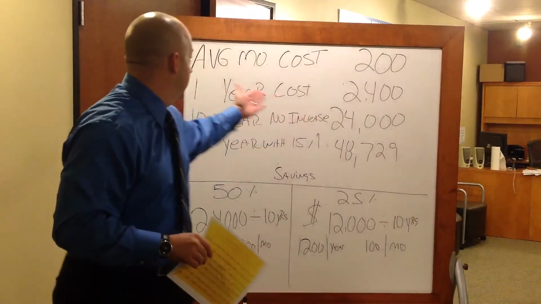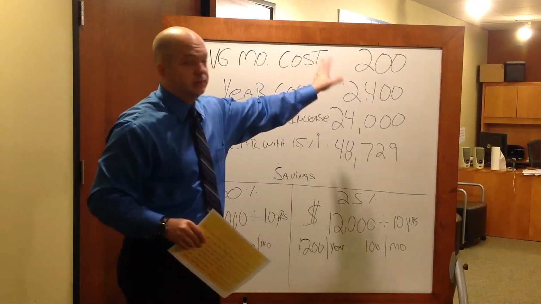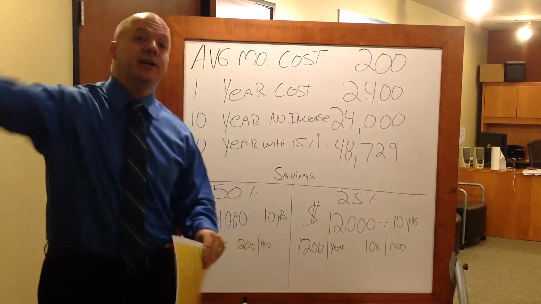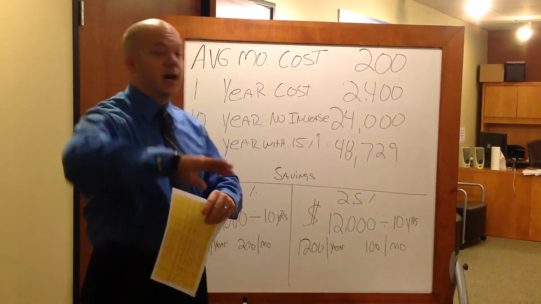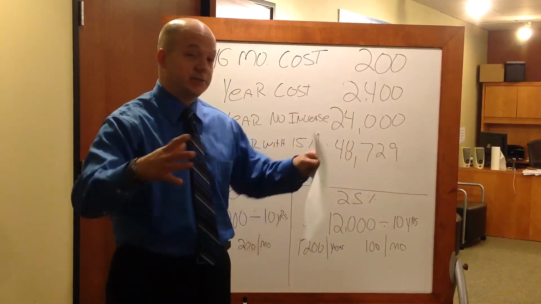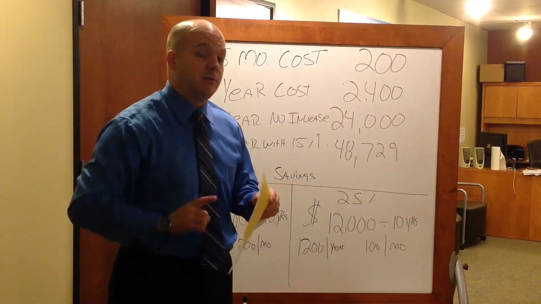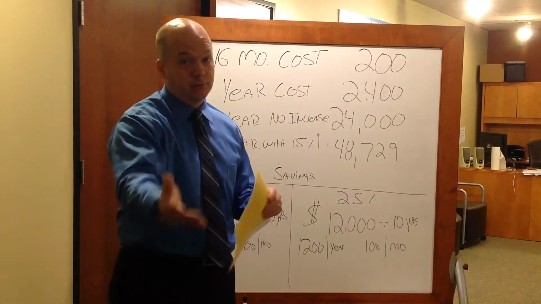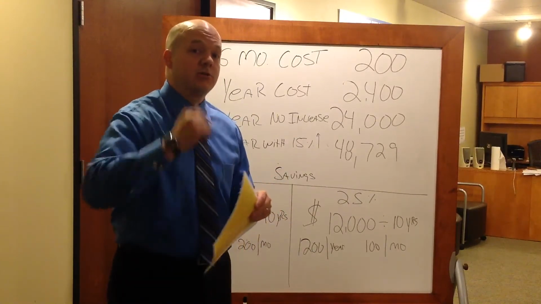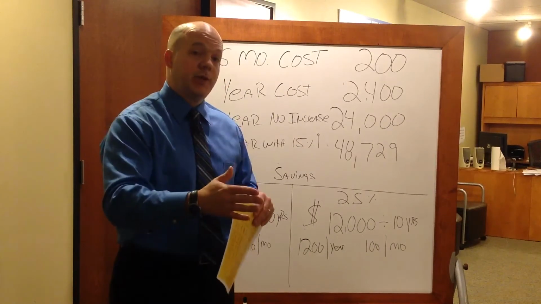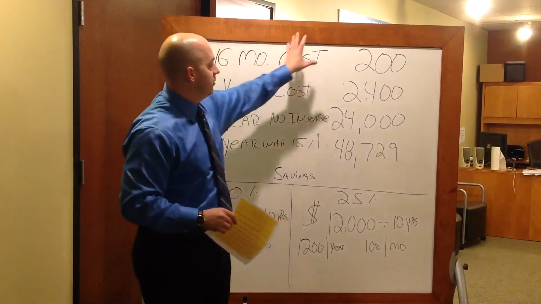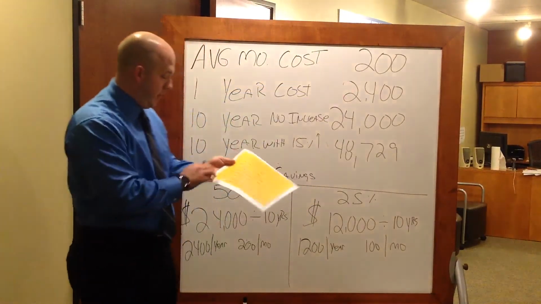If you can get them to say their average monthly energy cost is around $200, an easy way to do this is to ask them what's the highest bill they've ever had in the winter and what's the highest bill they've ever had in the summer. Gas and electric, because your furnace has a big blower on it, right? So it does run by electricity in the winter, and of course it also runs on gas. And then of course your highest cost in the summer because you're running the AC all year. Can the triple pane windows save you money year-round? Absolutely. So if your average monthly energy cost is around $200, which by the way is right in the middle of our sheet, where most customers are going to fall,